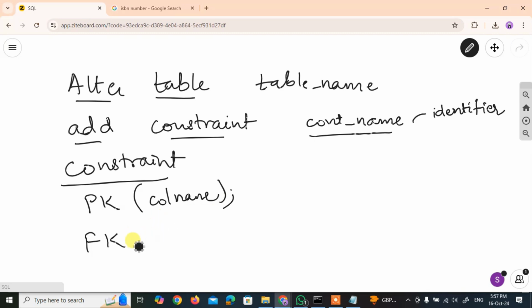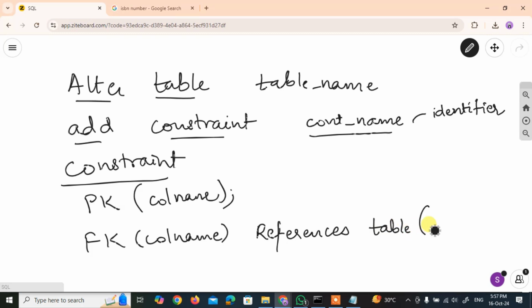But if we talk about foreign key, in that case, we will mention in the brackets the column name, then we use references, the table name, that is the parent table name, and in the brackets the column name. So that's how my command would get completed. So we can add two constraints. One is the primary key, second is the foreign key. So first we will look at adding the primary key.